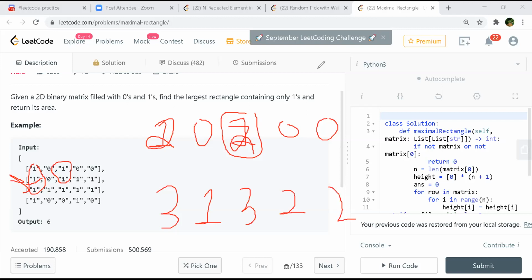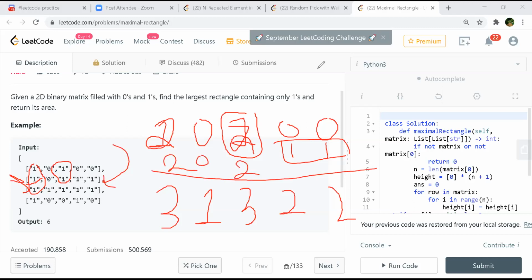Sorry to interrupt you, Harshit. When you did the top one, when it was 2 0 2, should you not also consider 1 there? You could have taken this also, because here also you are considering the 1s, starting from a fresh row, so it should have been 2 0 2. Okay, I missed that. No problem. Go ahead with this.